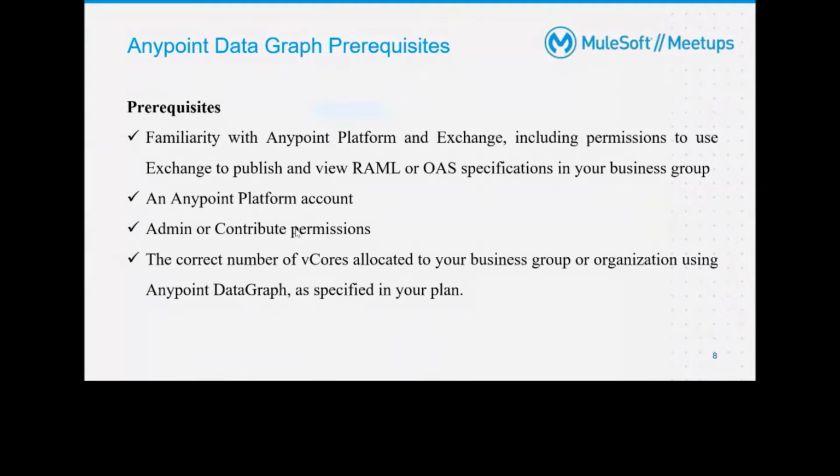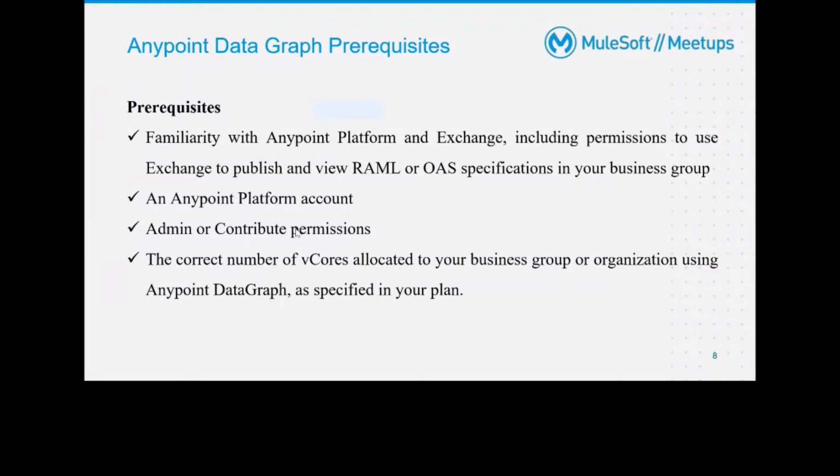We should have proper permissions for Exchange as well as for the API RAMLs. The Anypoint Platform is the basis for creating RAMLs and publishing anything in Exchange, so we should also have access for contributing to Exchange. If you have created any RAMLs, you should have contribution permission to publish them.